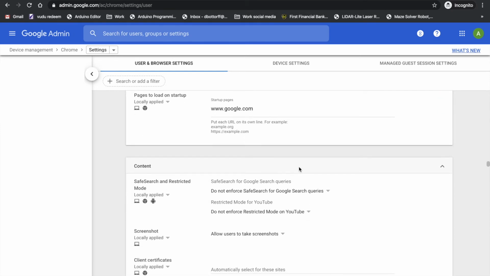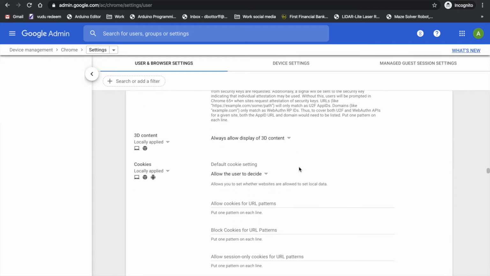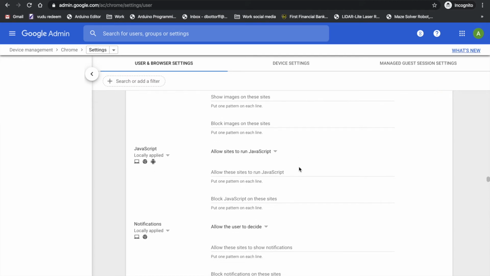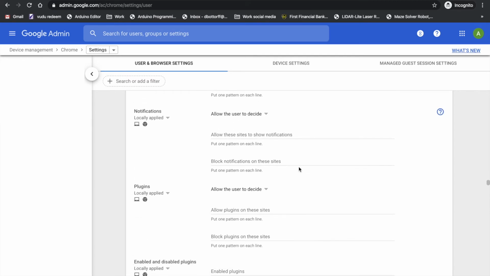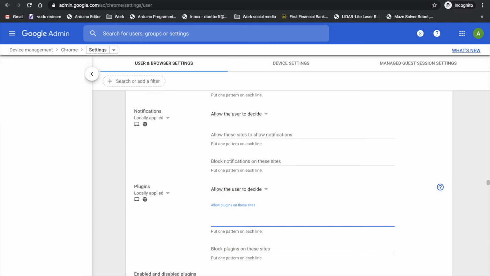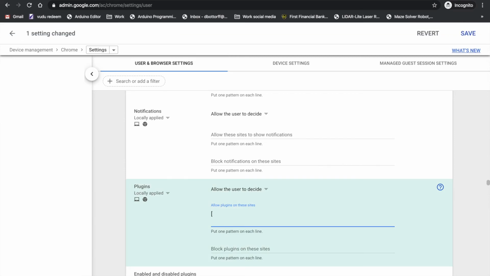I think I'm getting close. There we go. So you'd put the website you want. The way you need to put it is, and then put the website in. This would allow for Flash player or